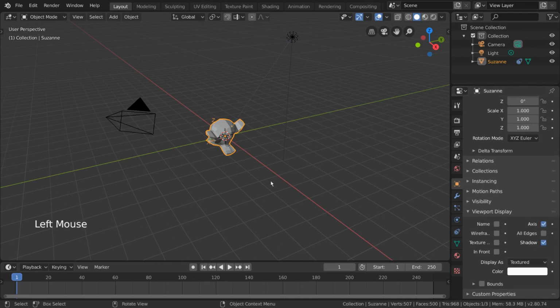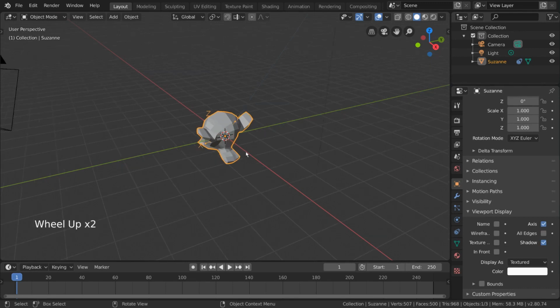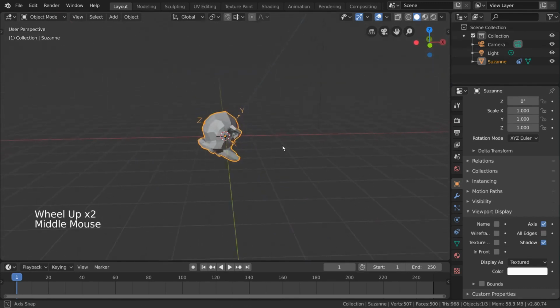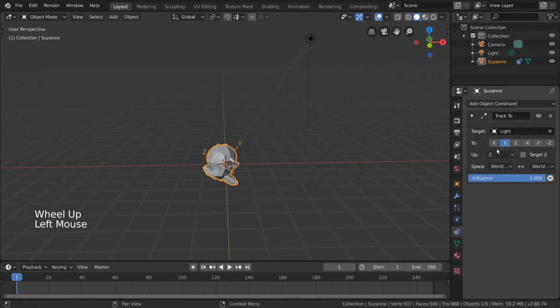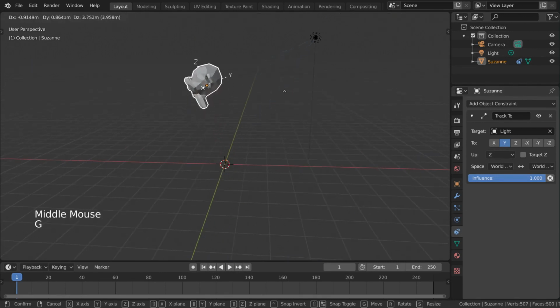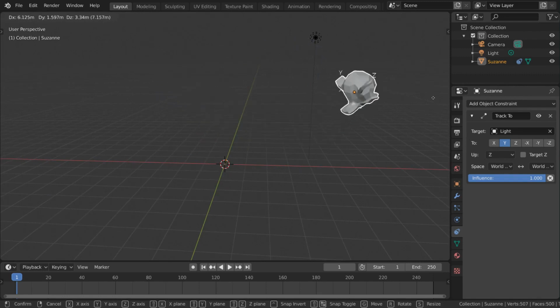Check this on, and you'll see that we can now see the axes of our object visually in our viewport. Now, if we go back to our Constraints tab, these axes letters might make a bit more sense. For example, up being the z-axis and y being the 2-axis. So it's clear that the y-axis is pointing at the light object, and the z-axis is considered up for the